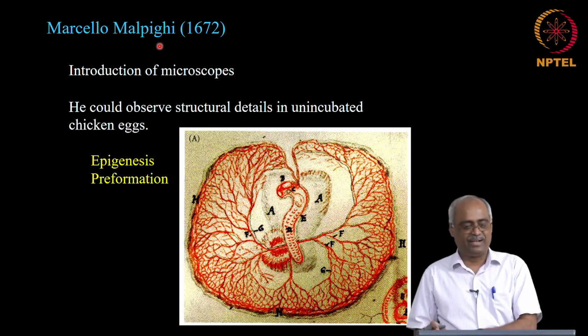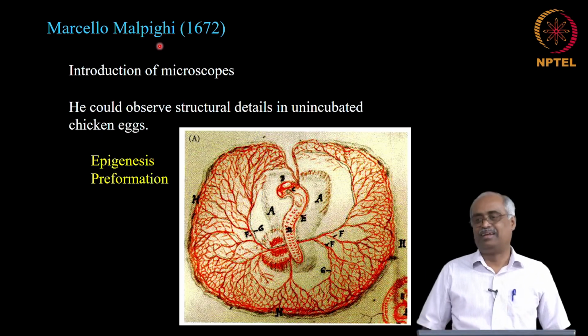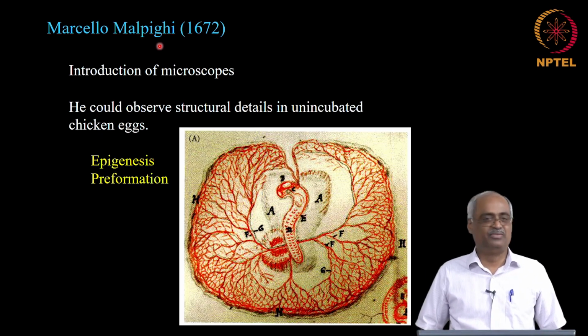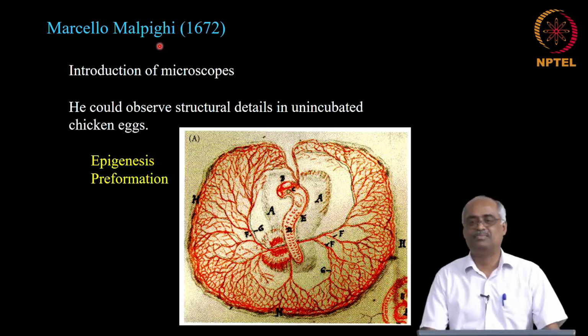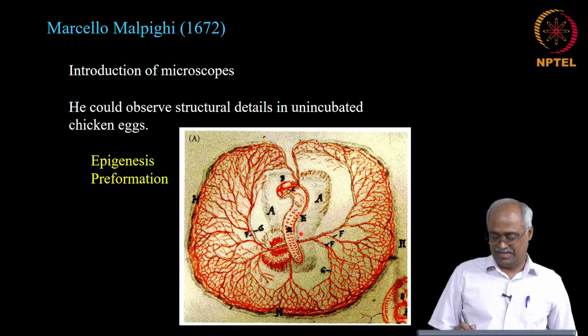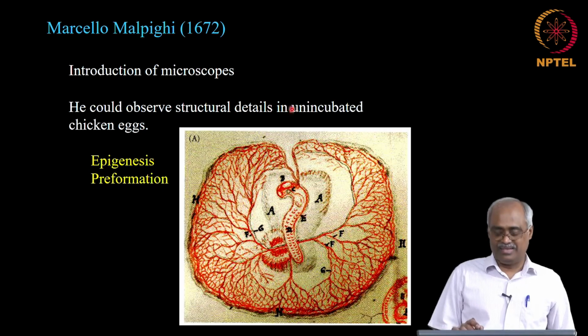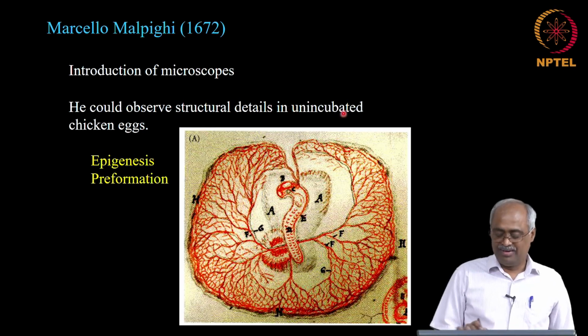Whatever we see in the microscope, exactly you have to picture that on your practical record notebook. So we did it for practice, but in the 17th century that was the only way they could record any microscopic observations. There is no way to record it on a film or on a digital device. So this is one such early drawing of what Malpighi and his contemporaries observed using microscopes of the chick embryo. Okay. So when they could see a lot of details, here structural details means biological structures, we do not mean molecular structures here, okay, so remember that.